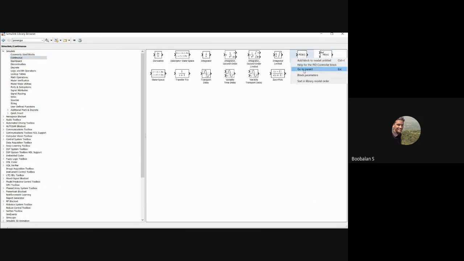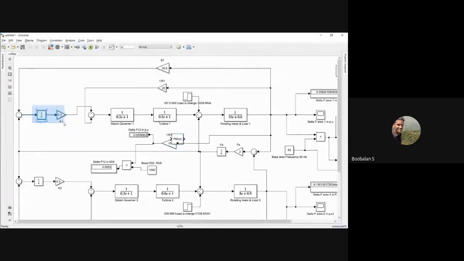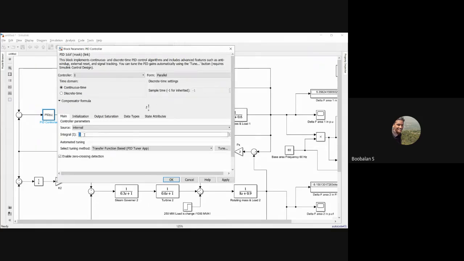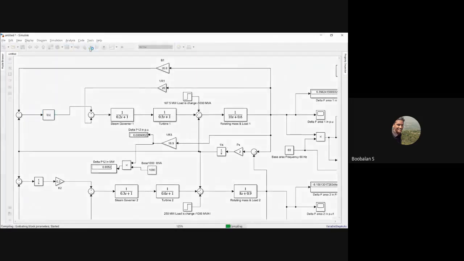I'm just going to help you once again, no issue. I'll remove all of this. If you have more doubt, like why are you placing the function separately, we'll have two options: use the sub block, or use an individual I controller. I'm going to show you the PID controller, no issue. But I'm only going to use I. Just double click on it and change it into integral controller alone. What value did I say for K? 0.3. Just change it to 0.3. Let's run it. Both are the same. Everything is the same, right?